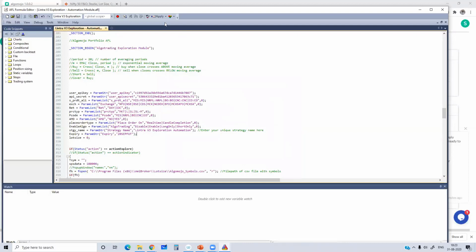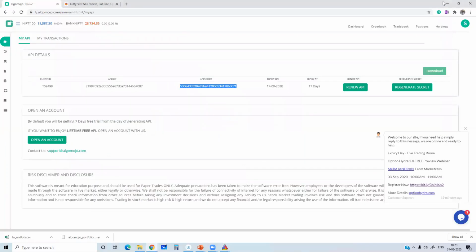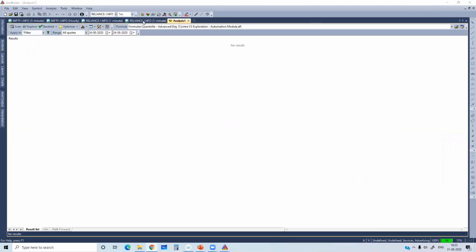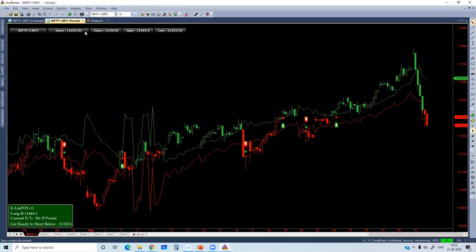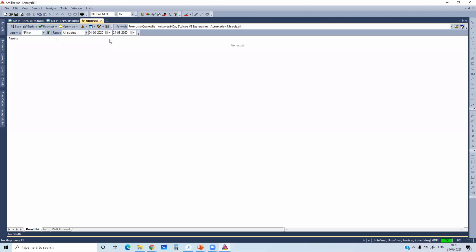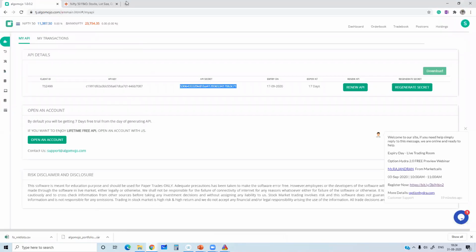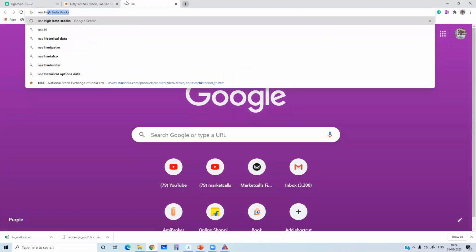All right, now we send it to the analysis. So here it is in analysis now. Let me close everything. Make sure that nothing is running. When the exploration is running, you ensure that you are running it for only one recent day. Create your own filters. So let's say you want to create a list of high beta symbols. NSE maintains their own high beta symbols list. So let's say NSE high beta stocks.